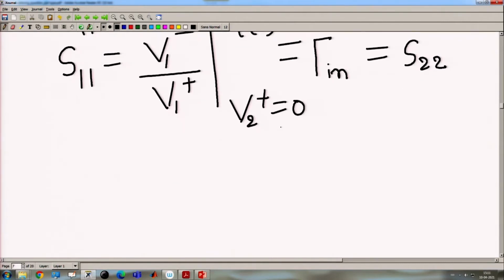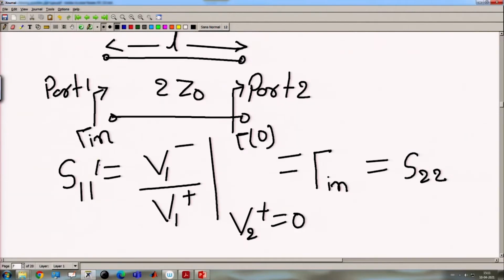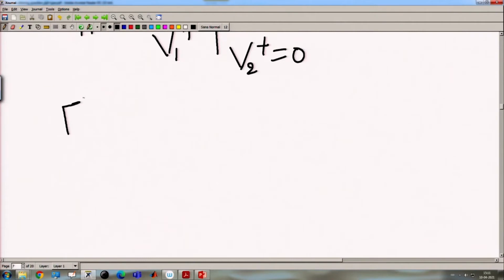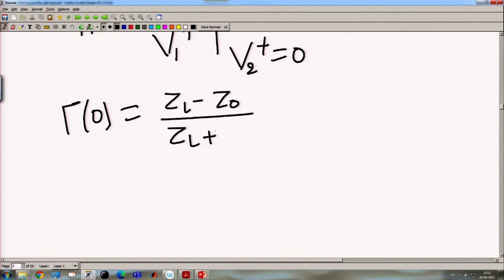For that case we can find gamma 0 as ZL minus Z naught divided by ZL plus Z naught. ZL will be Z naught. So for this configuration, this side is 2 Z naught and we are terminating port 2 with Z naught. So here ZL will be